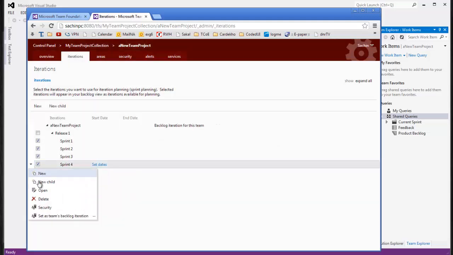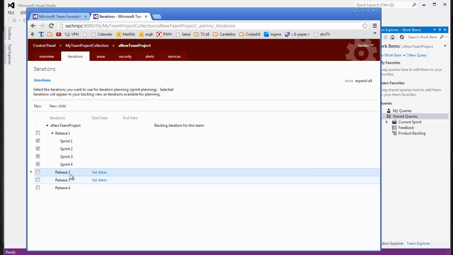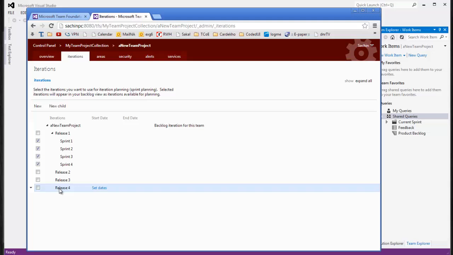So my first release has say 4 sprints, and I want to add 2 sprints each for release 2 and release 3. I want to delete release 4,